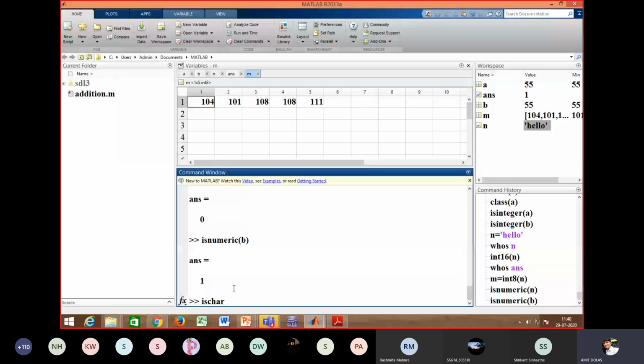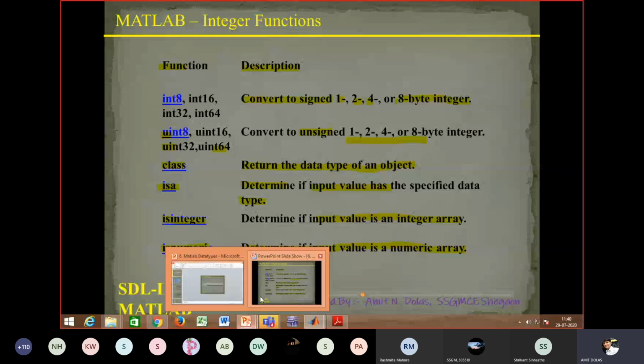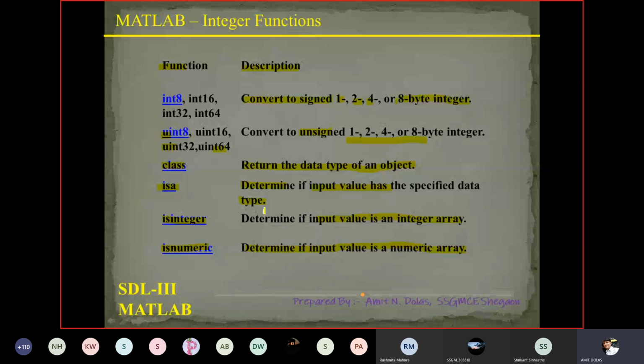Is character n? Yes, because n is character. Is character B? It shows false because B is not character, it is a numeric value. So again, this is how we can check or use these integer functions, because now we are working at a very low level, with one or two variables in the library.